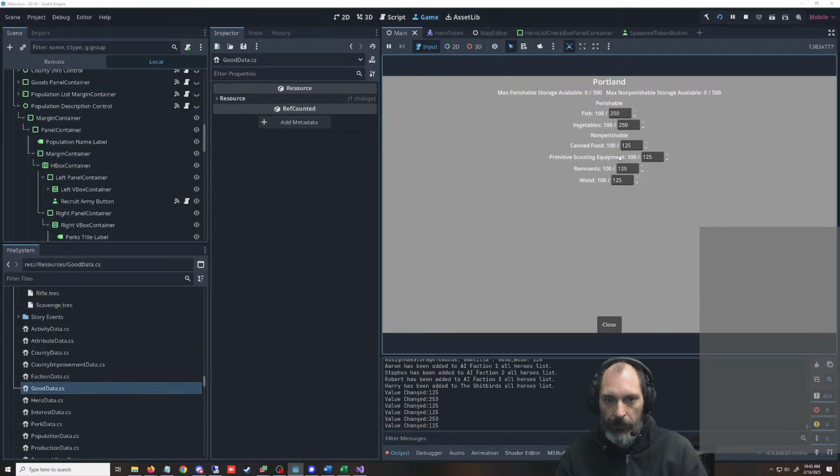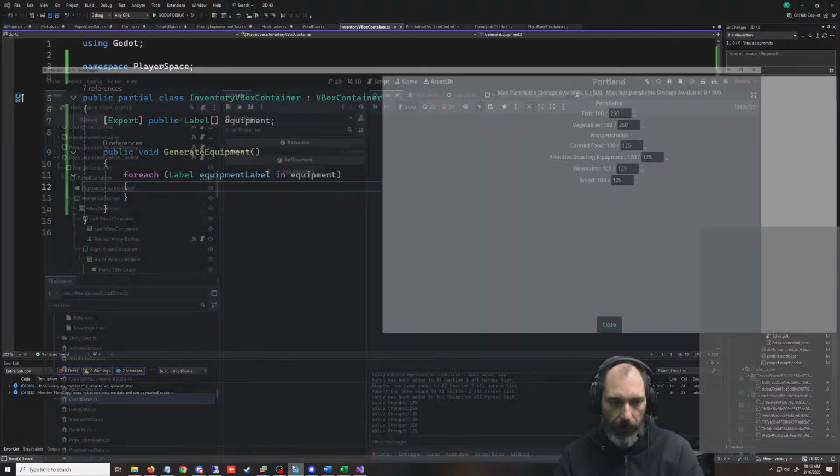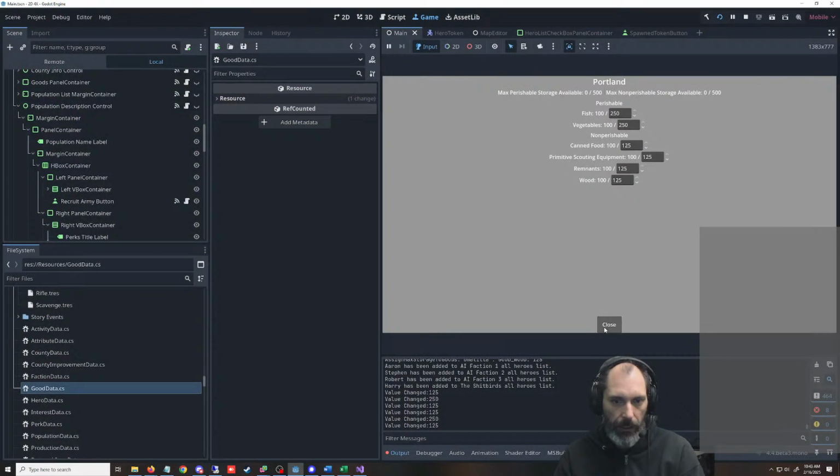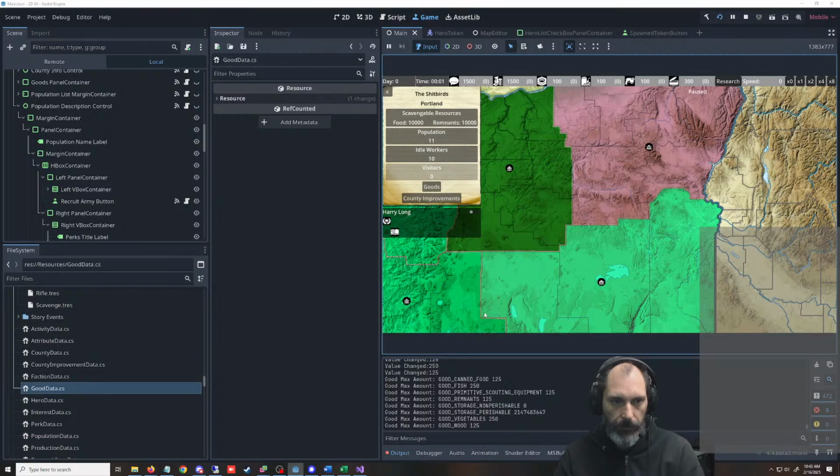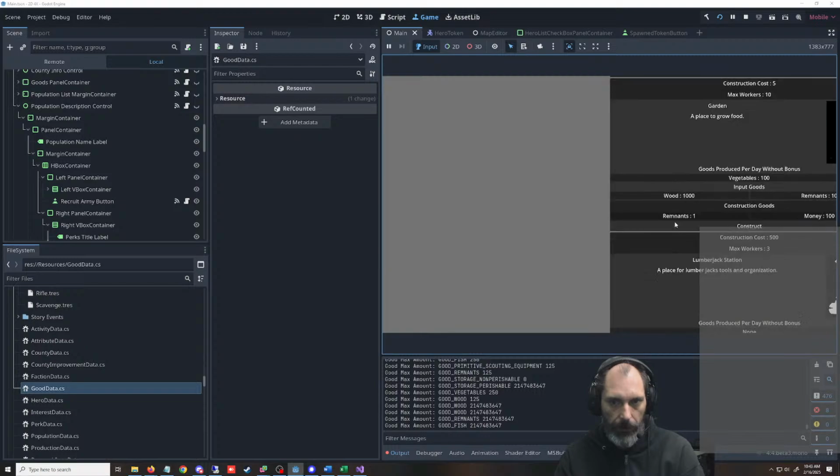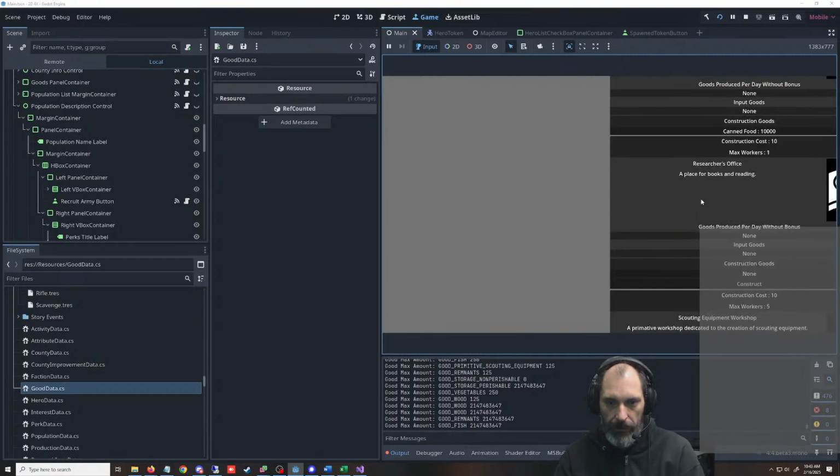So this already would exist. This place already has 100 scouting equipment. Is that for real? Is that a bug? I think that's a bug. Can they even make scouting equipment? It's all weird like this because of the embeddedness.